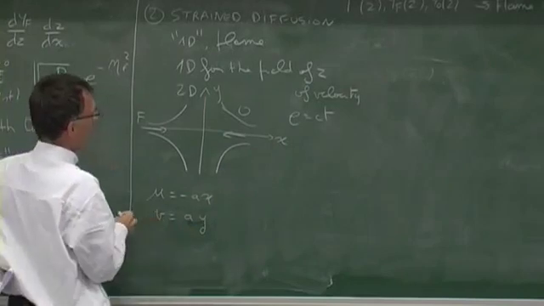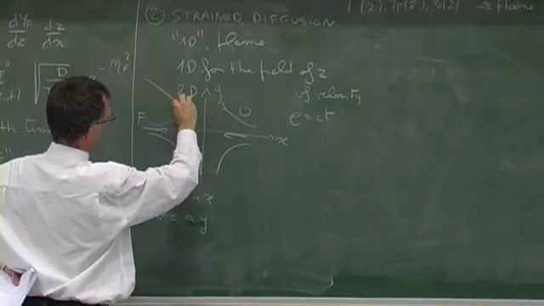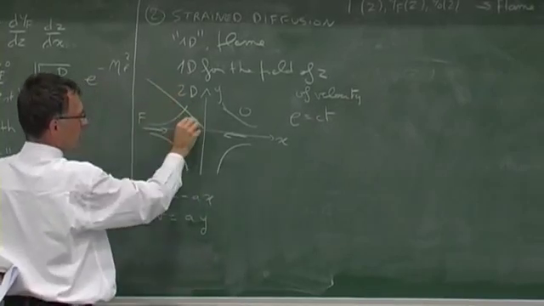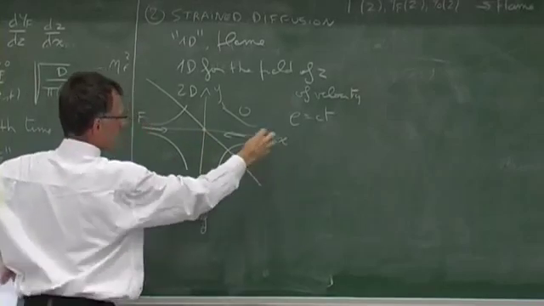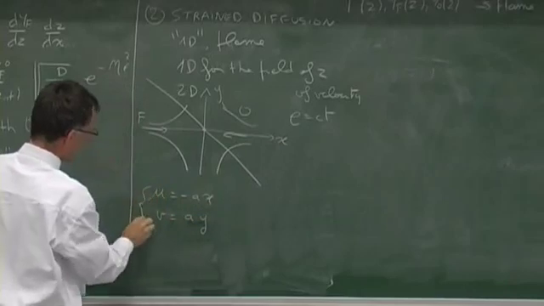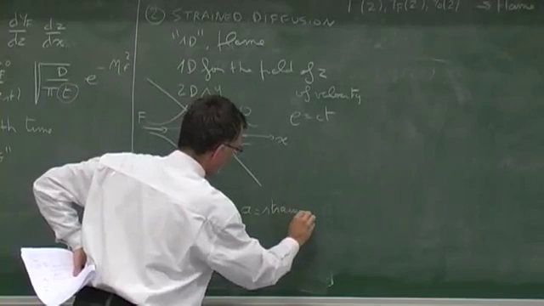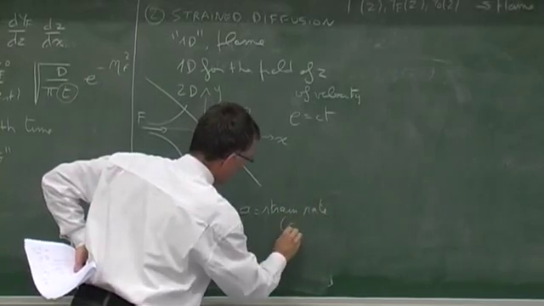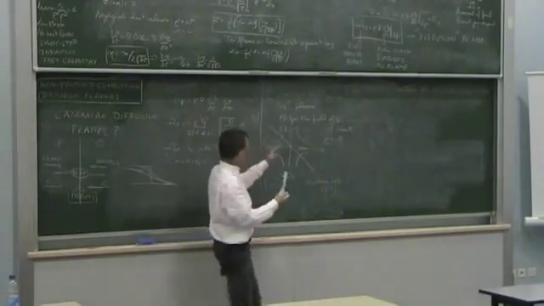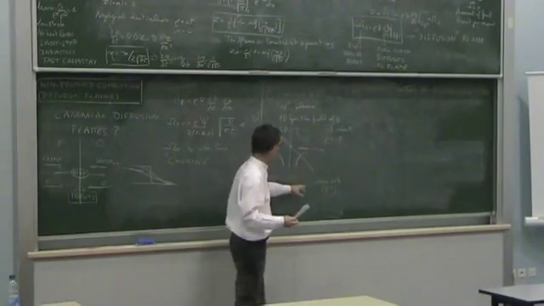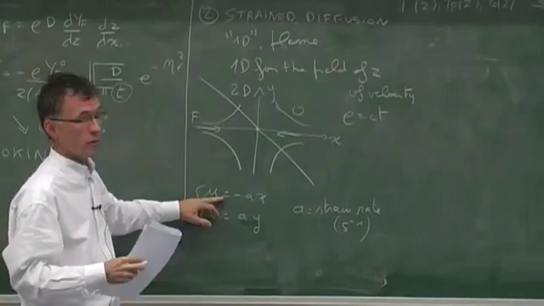So basically, what you have here is that on this side, there is a strong velocity going that way. The velocity goes to 0 here, and on the other side, it's the other way. So this is an exact solution to this problem, and A is what we call the strain rate. And it's a number in seconds minus 1. So the more you blow here, the more you blow on that side or on that side, the more you increase A. So if you have this solution here, it's a 2D solution, okay?